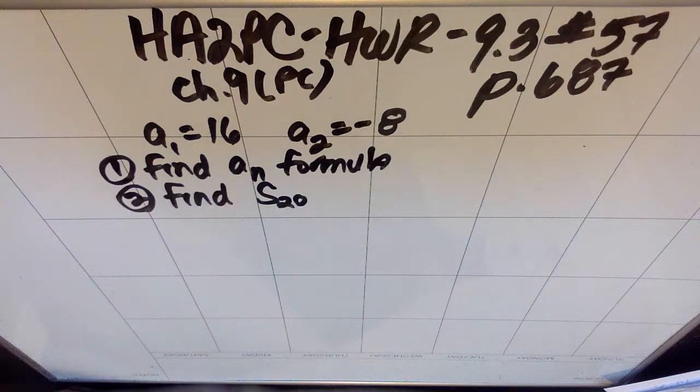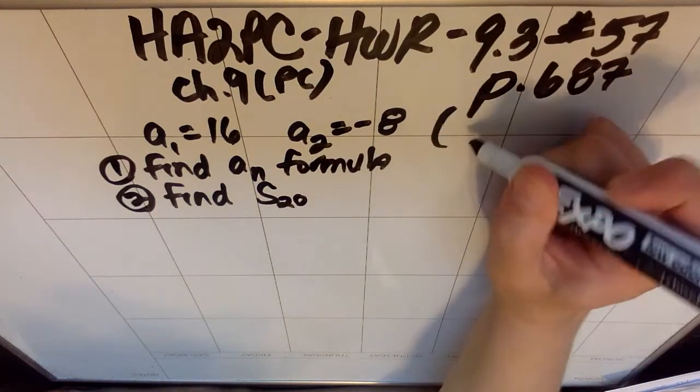All right, this is Honors Algebra 2 Pre-Calculus. We're doing homework review. This is section 9.3 in pre-calc, number 57 on page 687. So we're given a sub 1 is 16 and a sub 2 is negative 8, and we are told